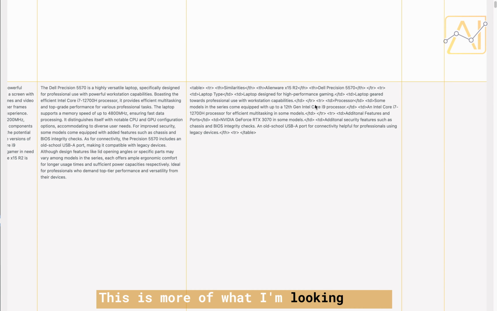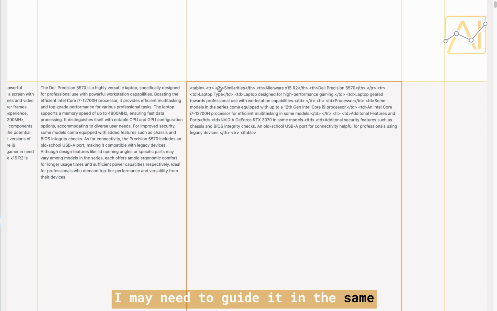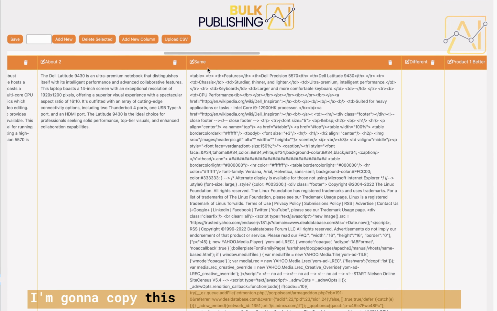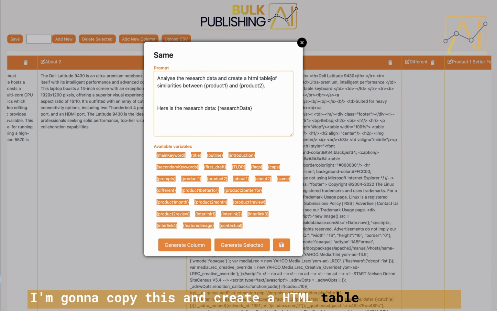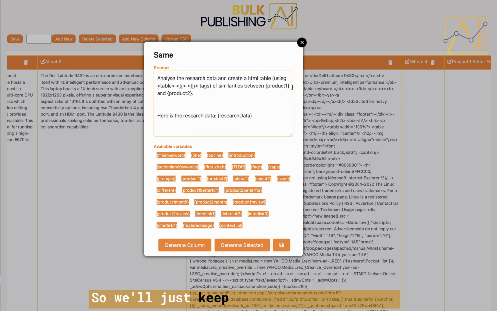This is more of what I'm looking for. It is quite small, but this is what I'm looking for. Table, TR, TH. This is the kind of table I'm looking for. I may need to guide it in the same way I tell it to do B tags, BR tags. I may need to guide it so it knows what I mean when I say a HTML table, so it knows I just mean this stuff. I'm going to copy this and create a HTML table in brackets. I'm going to put those tags in there using table tags. Okay, so we'll just keep that there for later